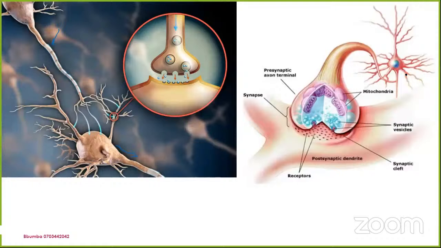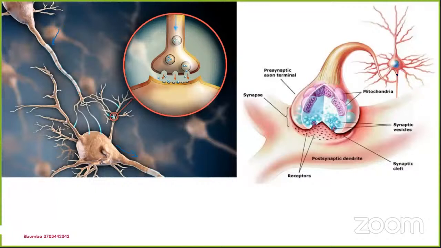Again, I'm still giving you a background because very many students fail to understand how this comes about. There is no way this thing is not examinable, and it is part of the syllabus, so I can't skip it. You just have to understand how it actually happens. If you want to understand how an impulse travels from one nerve cell to another,